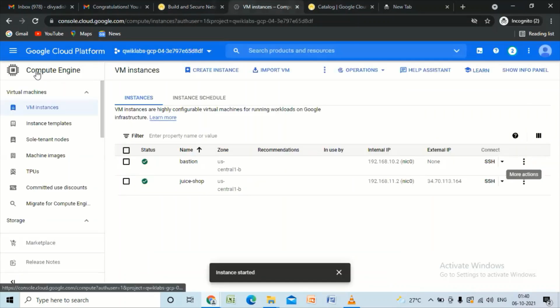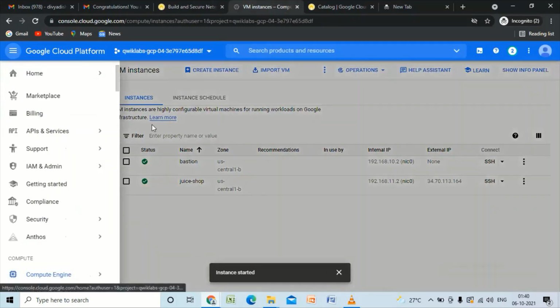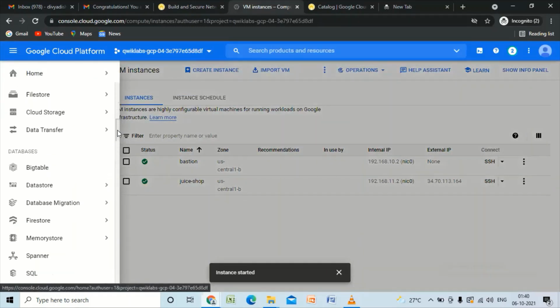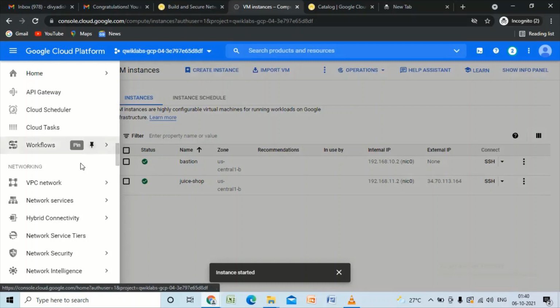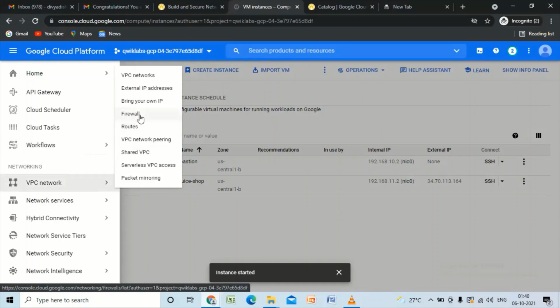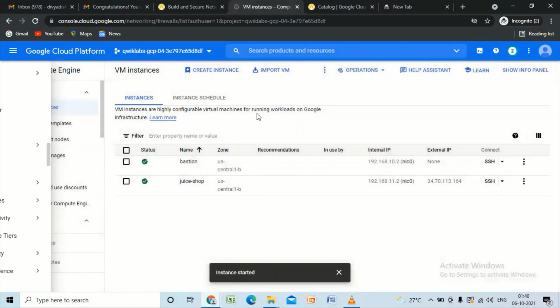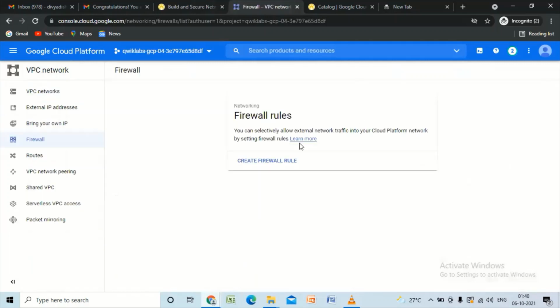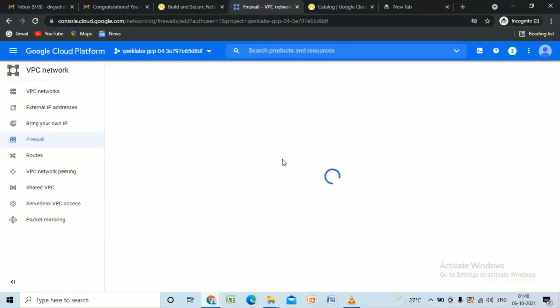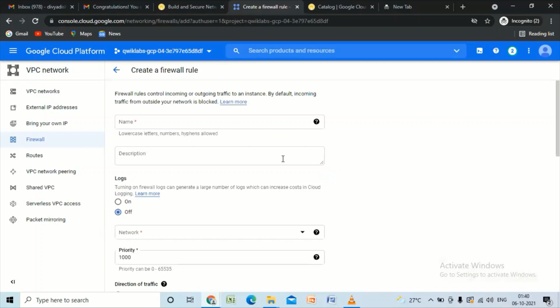So we'll go to VPC networks, Firewall, Create firewall rule. Now you have to name your firewall.